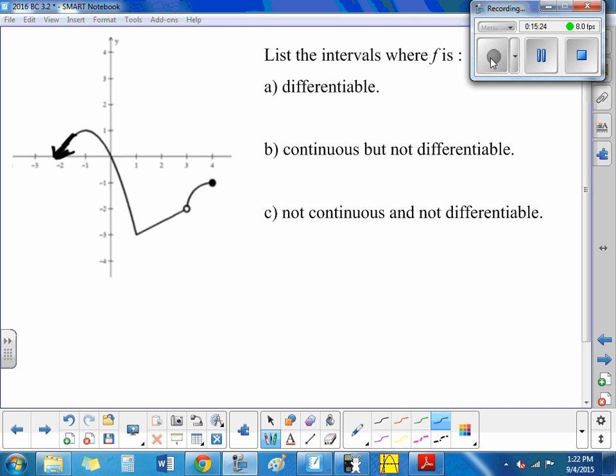Right, good job. So we have negative infinity all the way up to -1, but not including that sharp turn there. And then from 1 to 3, and then from 3 to 4. Do you guys remember what this symbol means from pre-calc? It's the union symbol. Technically, it means or, because you cannot position your finger or your pencil in more than